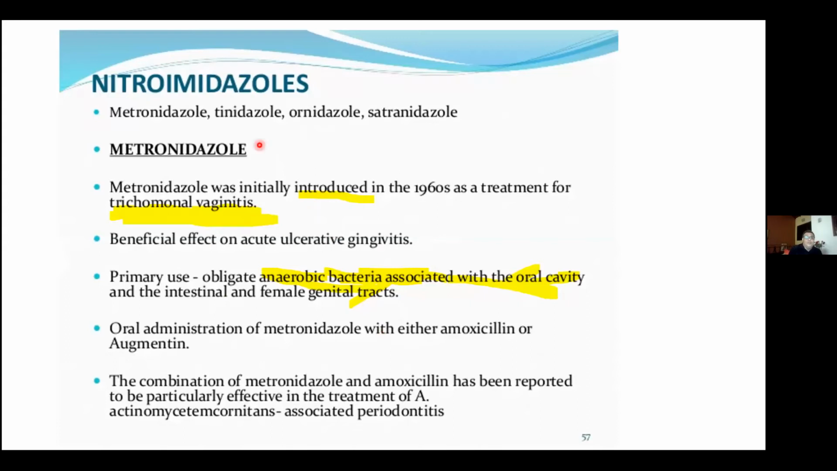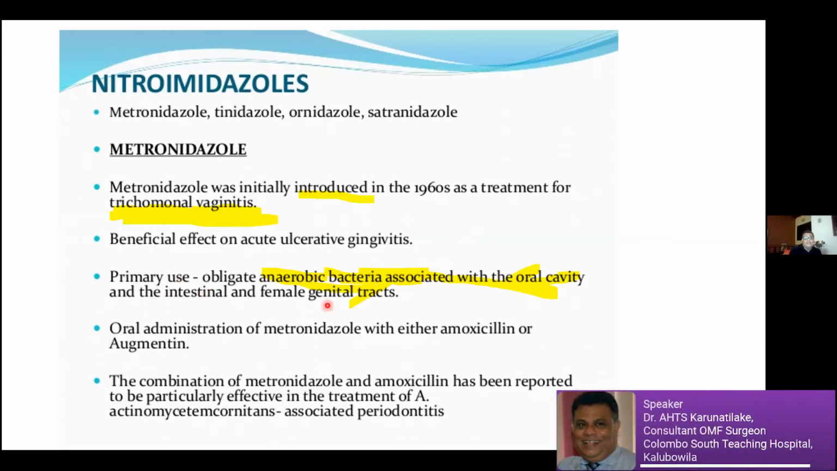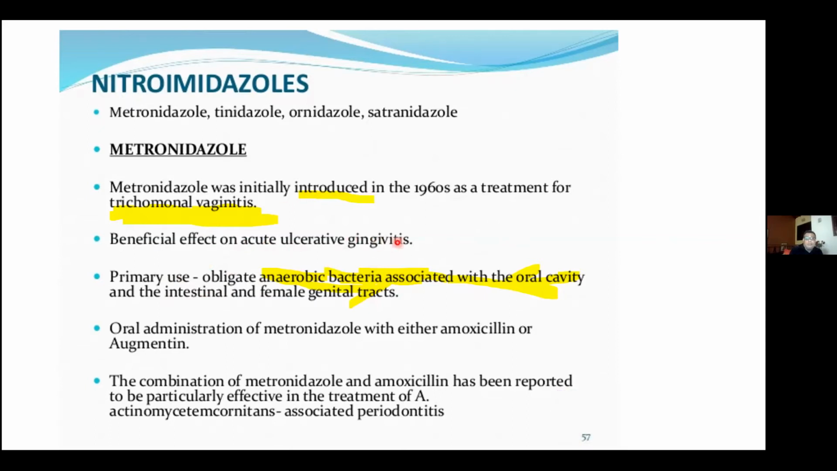Metronidazole was initially introduced to treat Trichomonas vaginitis, which is actually a protozoal disease. But later they identified that it has antibacterial properties. Therefore, it was used in anaerobic bacterial infections associated with the oral cavity, gastrointestinal tract and female genital tract. It is a drug of choice in acute ulcerative gingivitis, which is caused by Fusobacteria and